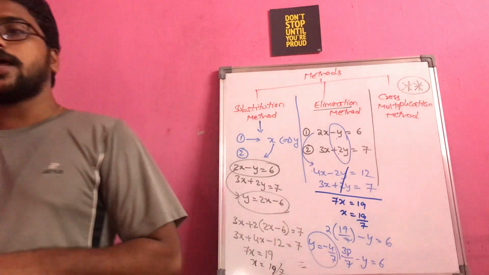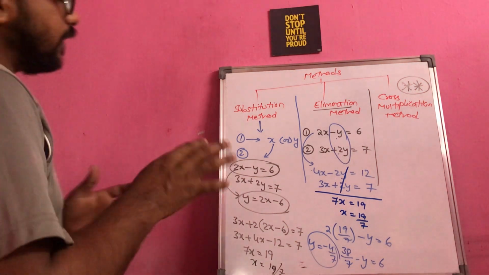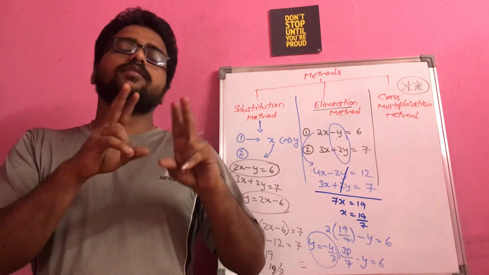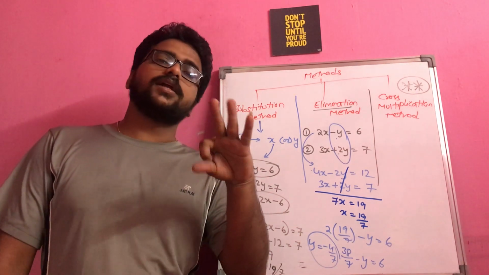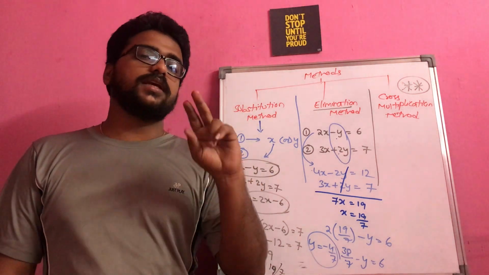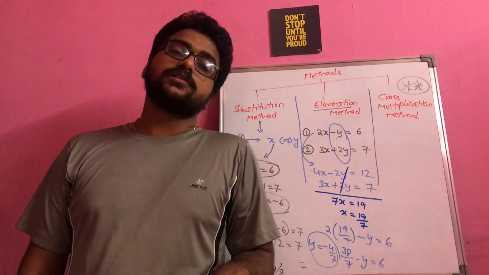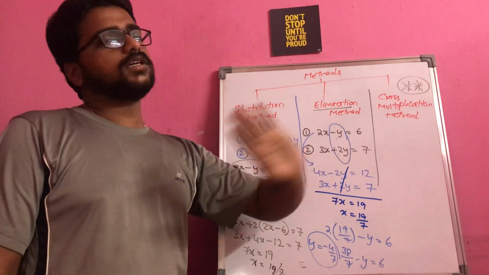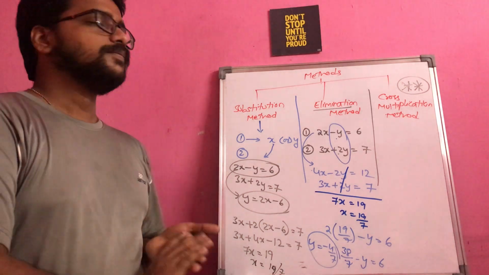Because in class 12, we have a topic called three-dimensional geometry, where you will be given only two equations, but still the variables will be three, because it's three-dimensional. x, y, z, three will be there, but you will be given only two equations. Even in that case, this cross multiplication method will help us to get the answer easily. Even substitution can be used, but mostly we will go for the cross multiplication method only, so that our simplification process will become easy.